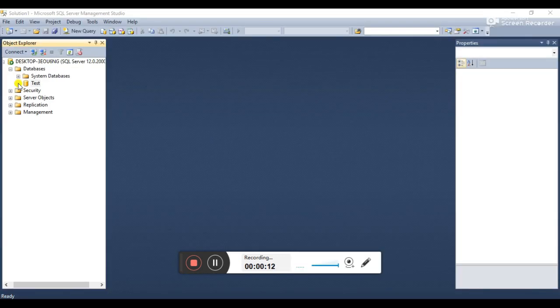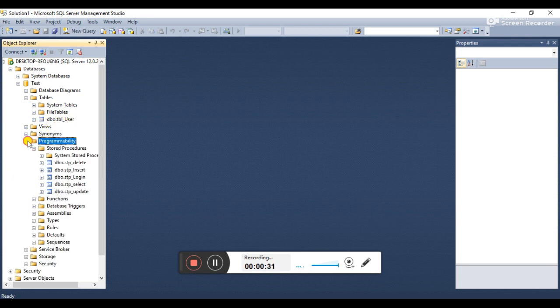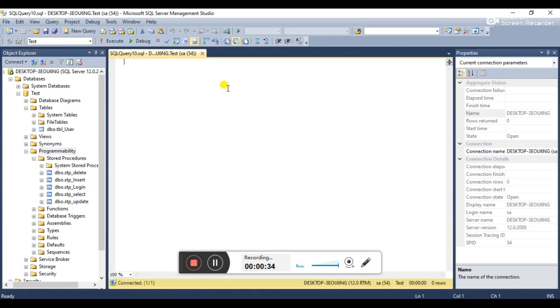Open the database. I have already created a database in my previous videos; you can watch it there. I have already created a database and a table also. I am using this table only for creating the login stored procedure. Now we will create the stored procedure. First of all, we create proc stp_login. Here I'll provide the placeholder names: username as varchar 100,